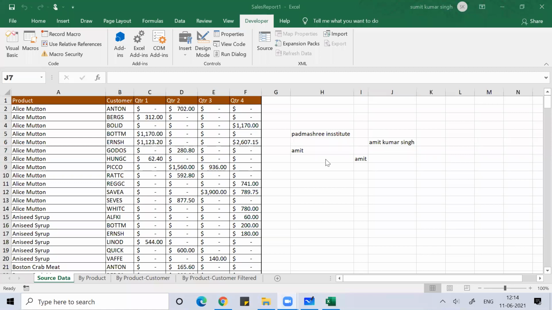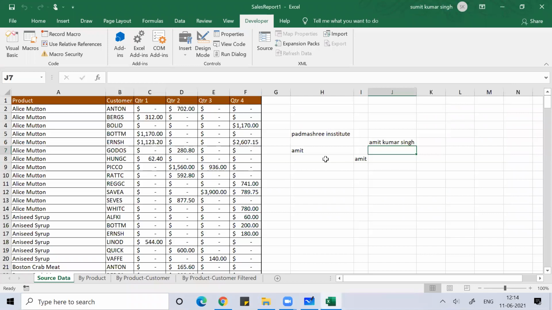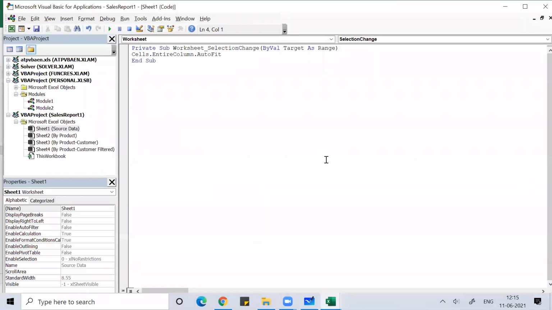It's a very simple command you have to write, guys. Simply press Alt F11. On your left hand side you can see all the sheets. Click on the sheet where you want this program to run. Then at the top you can see General Declaration.